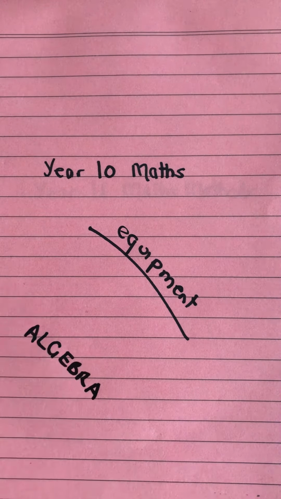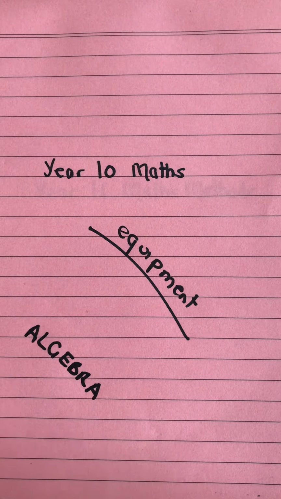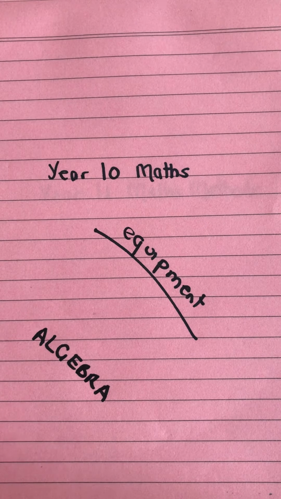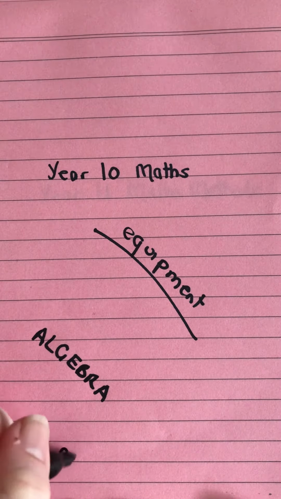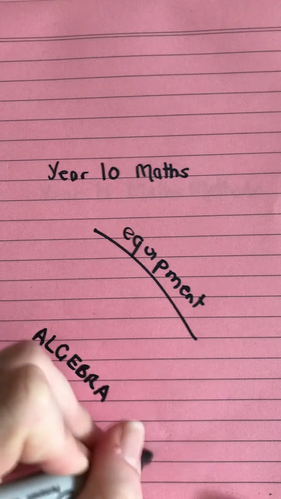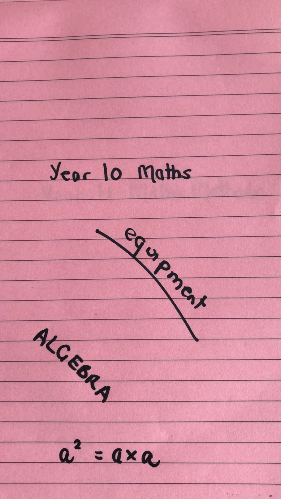If you are starting in 10 methods, you're going to be starting looking at your algebra, your multiplying terms, adding terms, dividing terms, making sure you have remembered your rules for that. So if we have a squared, that means a times a, all of those kind of things that you learned back in grade 9, your algebra skills, your factorising, your expanding, all of that is going to